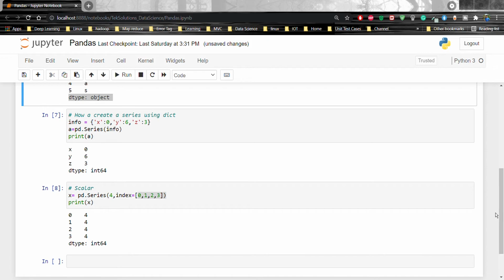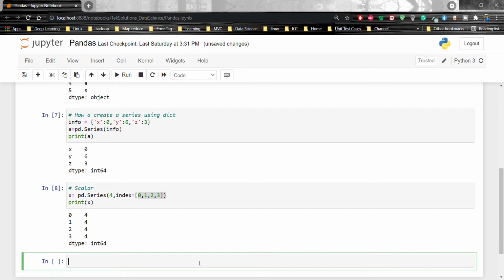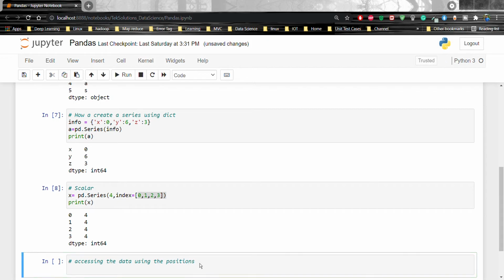Now I am going to show accessing data from a series with the position. How we are going to access the data using the position, meaning the index. Once you create the series type object, you can access its index, data, and even individual elements. The data in the series can be accessed similar to that in the ndarray.